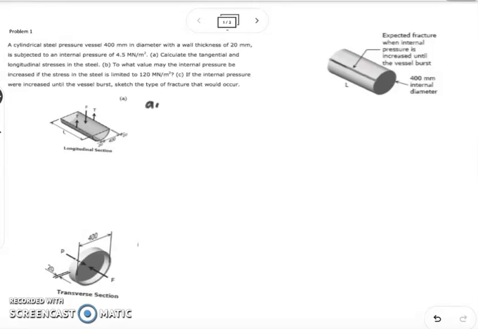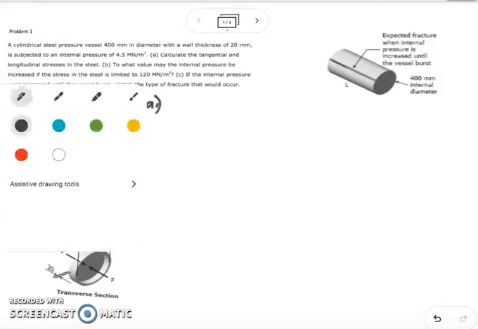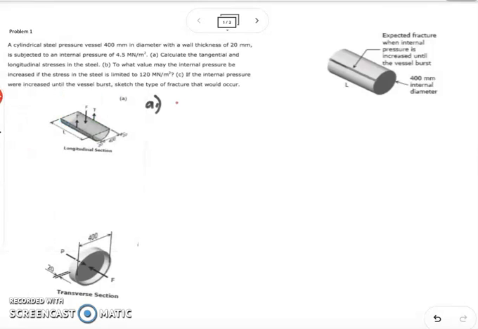For letter A, we have our equation, F is equal to 2T. Of course, our F is pressure times diameter times the length of the tank. This is 2 times our T, which is the tensile stress, multiplied by the thickness of the wall of the tank, multiplied by the length of the tank. So the tangential tensile stress,